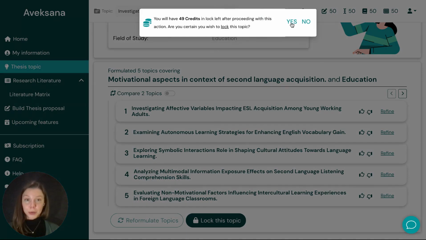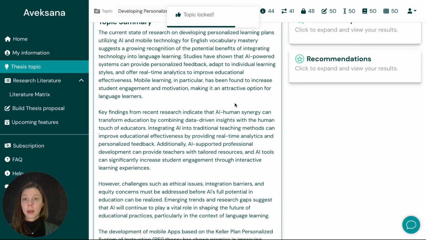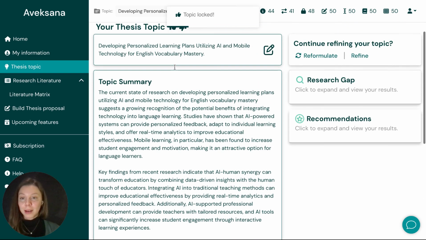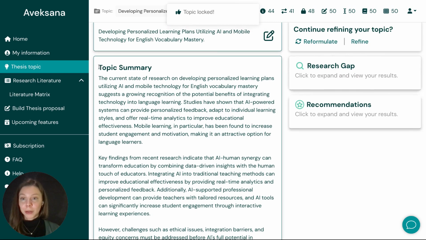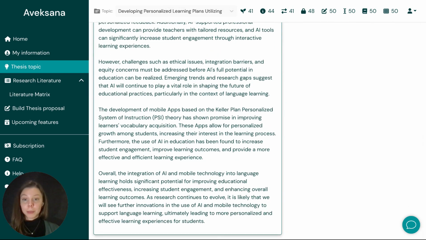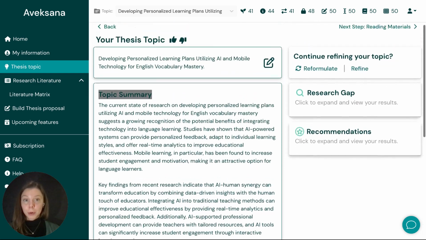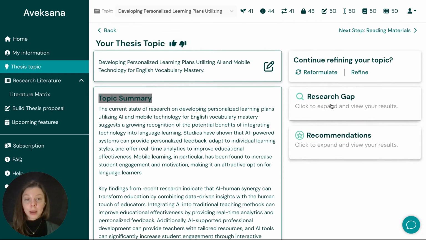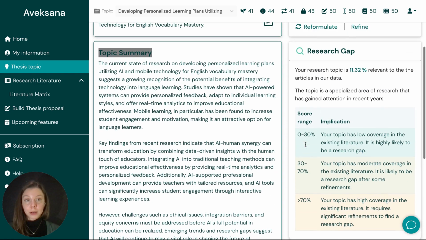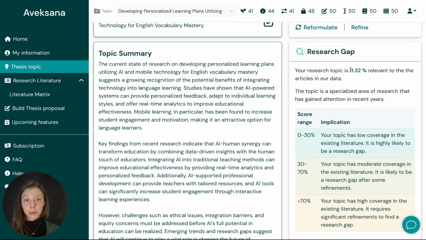Logging a topic will also cost me 1 credit. So now that I have logged the topic, I am also viewing a topic summary. This will be really helpful when building my proposal. I also have the research gap here. So this refined option has